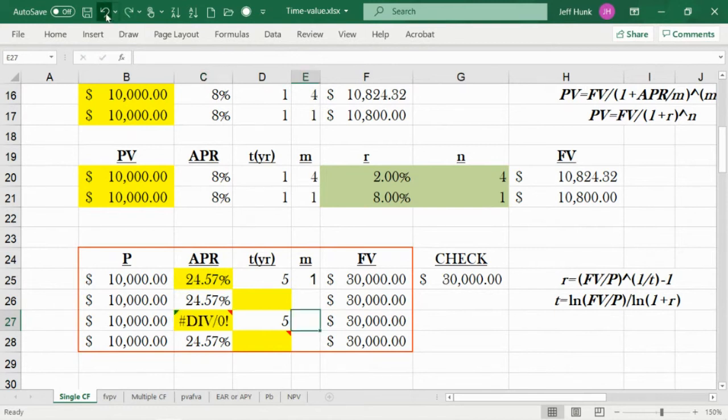Oh, I didn't have to. I already had it here. Okay, this time,